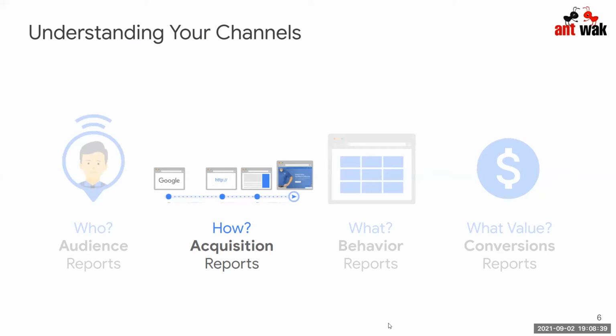So we spoke about medium, and then we have something called a source. So source provides more information about the medium. For example, if the medium is referral, then the source will be the URL of the website that referred the user to the site. Right. So for example, if there's a blog on which the referral campaign was being run, the medium would be referral, but the source would be that blog link.